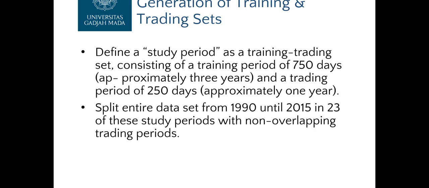Training is done with rolling windows on the first 750 days, for example by rolling a lookback input of 240 days across the block and then predicting 1 day ahead. Trading is performed with the trained parameters on the last 250 days, fully out of sample. Then the entire system is rolled forward by 250 days, resulting in a total of 23 non-overlapping trading periods.